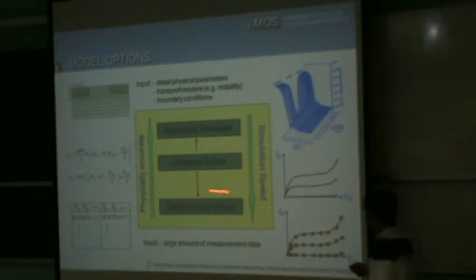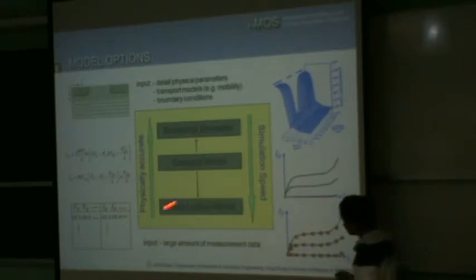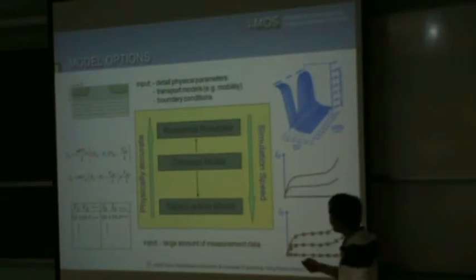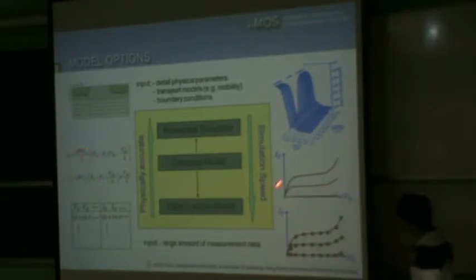Now, a compact model will present something in between. It can be something like a table lookup, where I don't care, you just give me the data and I fit it, or it can get closer to physics. So the input is analytical equations. Supposedly, it's explicit, where I give you explicitly the currents and the derivatives, and then you get a continuous line of I versus V in the process.